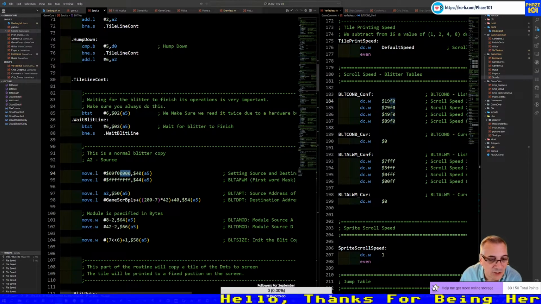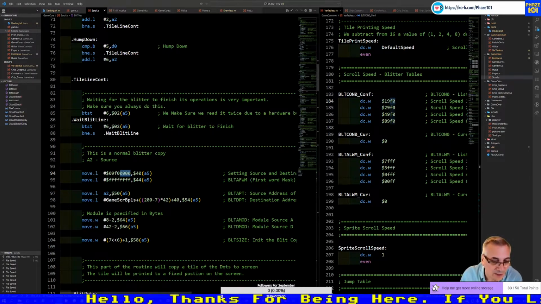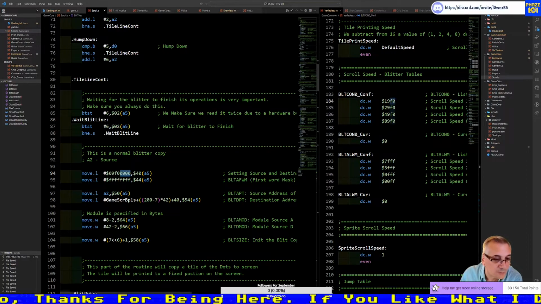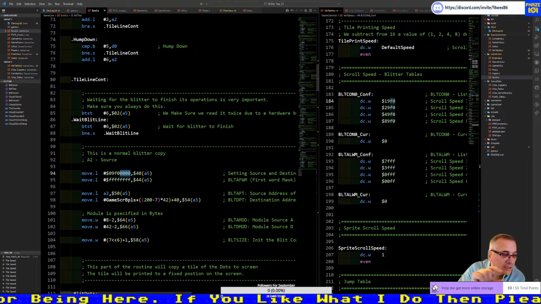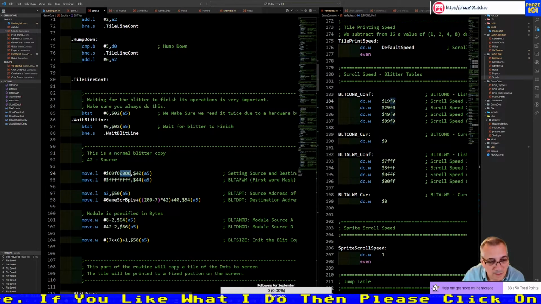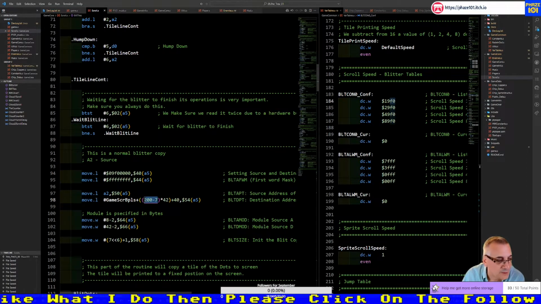And the destination, I left it for you so you understand. So we want to copy up to 100 and the height is 7. This is the part where the line is drawn. That's where we are moving.